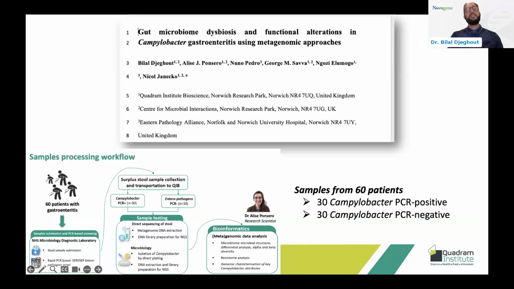I would just like to mention that this study was Campylobacter targeted metagenomics, but in another study, hopefully I can share it with you at another time. We wanted to see how Campylobacter affects the whole microbiome in the infected patients. Again, I used services from Novogene sequencing on a cohort of 60 patients, comparing two groups, PCR Campylobacter positive and PCR Campylobacter negative. Hopefully, I can share this with you soon.